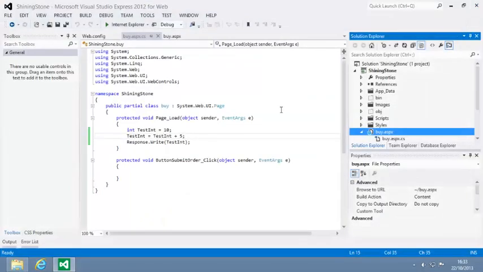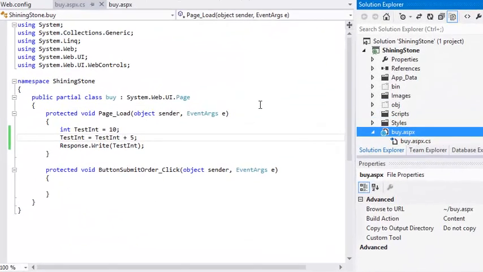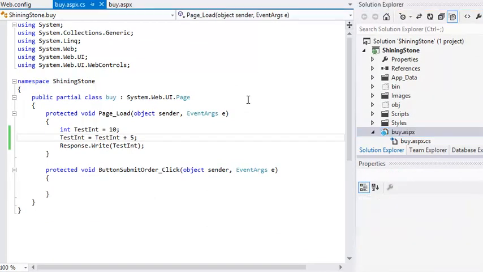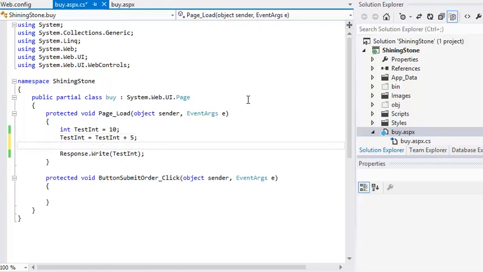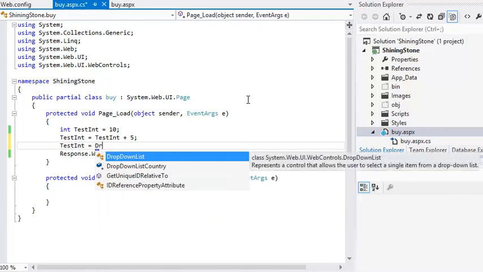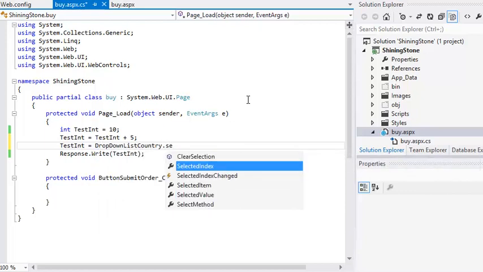And this time you're going to retrieve an int value from a property of a control. Some properties of controls are integers, such as the SelectedIndex property of a drop-down list control. Add a new line after testInt = testInt + 5, and add the following code. testInt = DropDownListCountry.SelectedIndex;